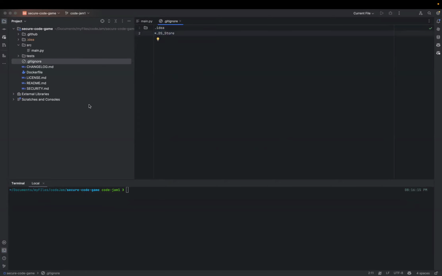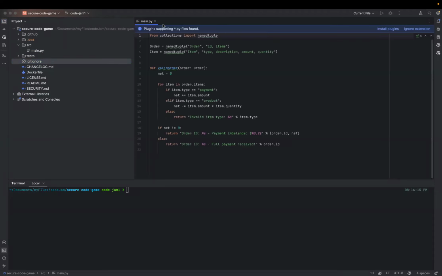Most importantly, when you are working on IDEs like IntelliJ or VS Code, they will internally create some directories like .idea. This .idea directory is created by IntelliJ IDEA. So when you don't have a .gitignore file... here I added .idea to .gitignore.